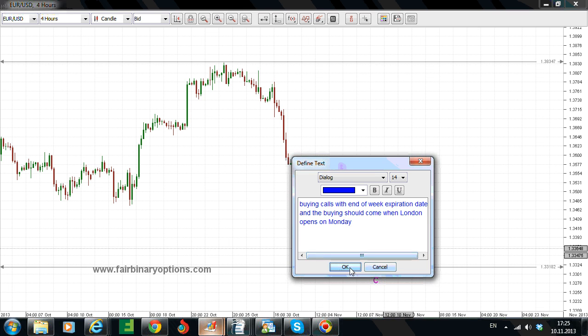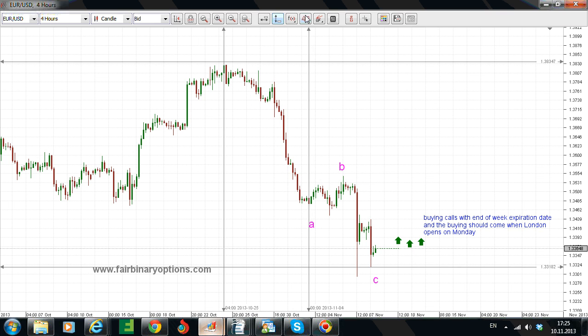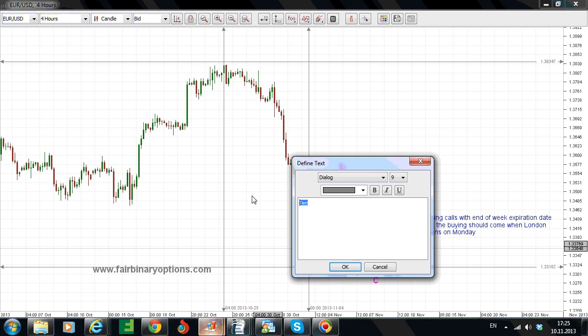So why end of week expiration date? Because actually we are looking for a corrective move to the upside as well. From my point of view, the move that started here is an impulsive move that goes with 5 waves from the highs here on the top there. So from the highs here to the lows here is an impulsive move. So this should be labeled with a 5-wave structure. So we have a 5,